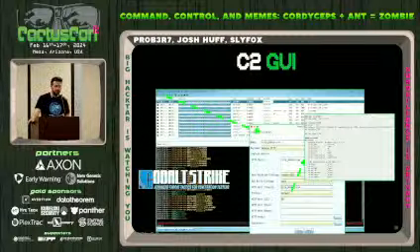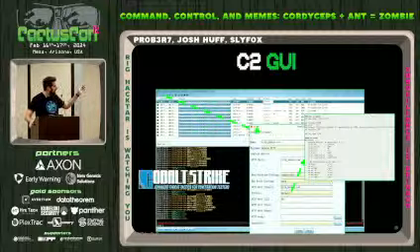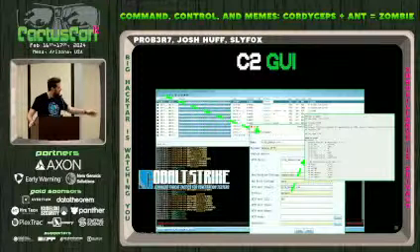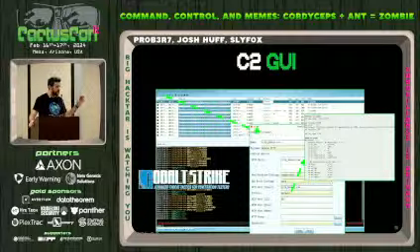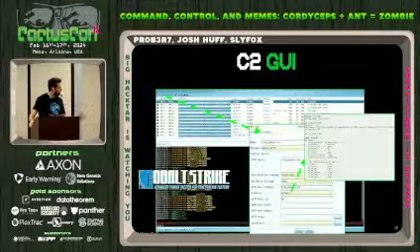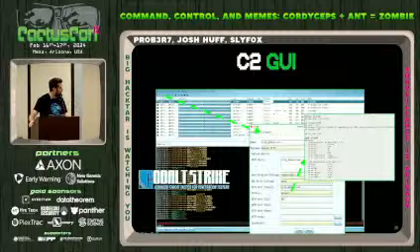These frameworks come in different shapes and sizes. Some of them are nice GUIs like Cobalt Strike here. You can see you've got a box that pops up to create a listener. It's got drop downs in there. It's got form fields that you just fill out. It kind of tells you what you need to create that listener. And the listener is what you use to create a payload, and then that's also what listens for the payload to come in for those communications of what it wants you to do.